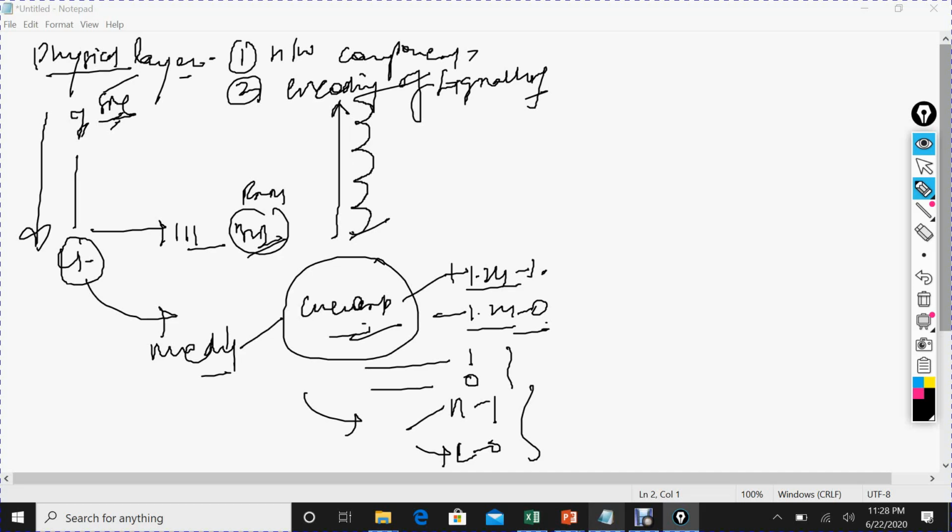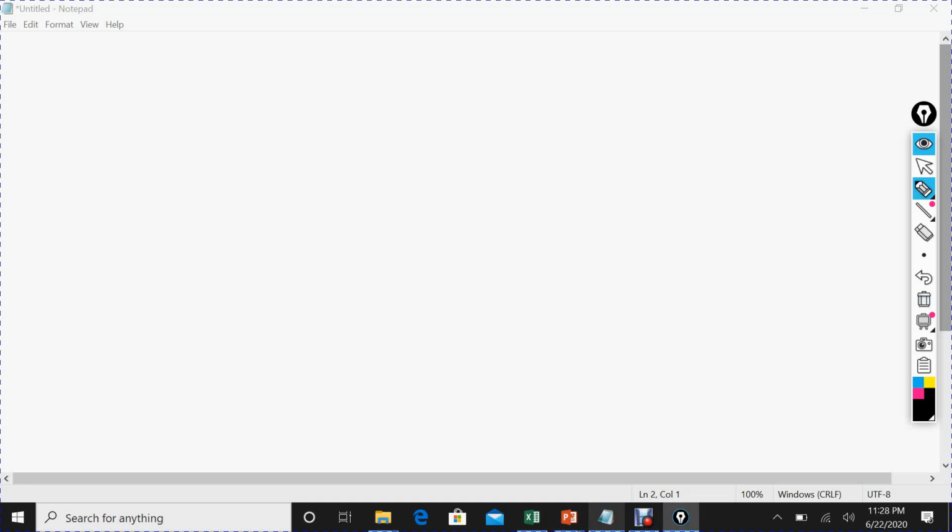Okay, I will explain an end-to-end delivery. So this is all about the physical layer, no protocols out there, but if you see the device which works at layer 1, that is hub. Now the OSI layer is done.